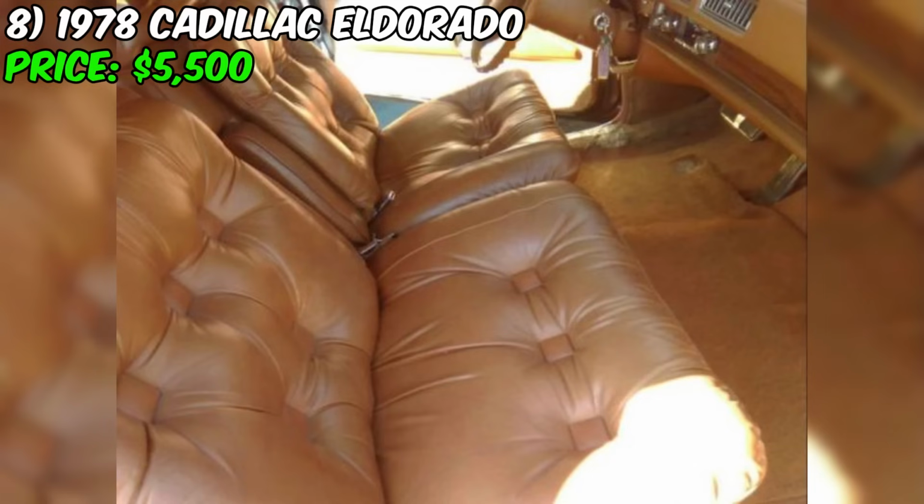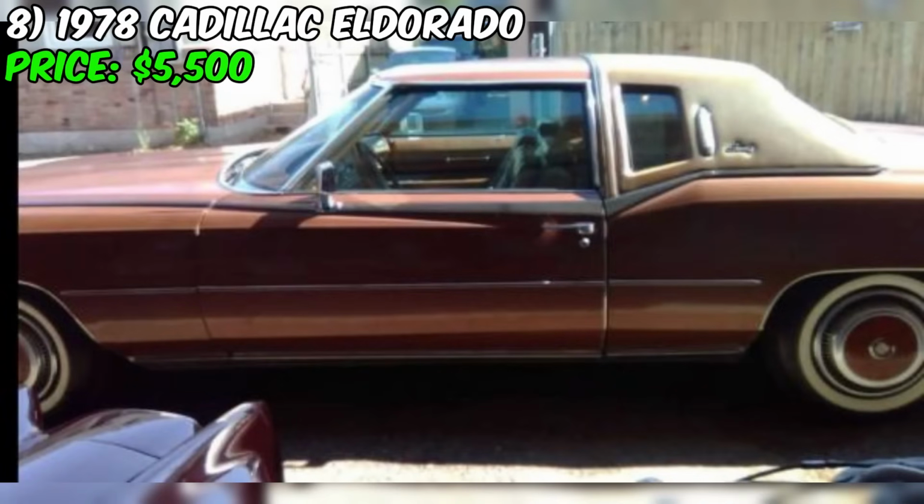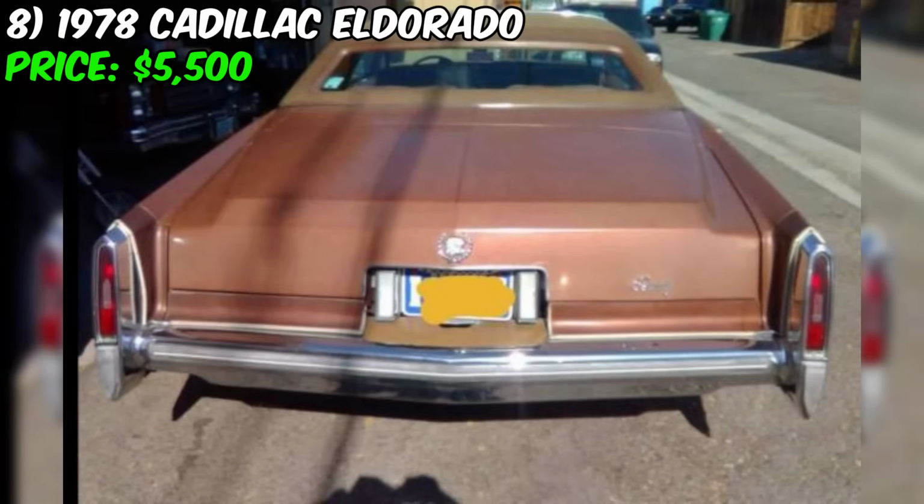Now let's pop the hood and see what's powering this classic Cadillac. Under there, you'll find a beefy 8-cylinder engine that's ready to roar to life at a moment's notice. Paired with a silky smooth automatic transmission and rear-wheel drive, this Eldorado is sure to provide a driving experience that's quintessentially American luxury. You'll feel like you're gliding down the road in the lap of luxury, just like the Cadillac